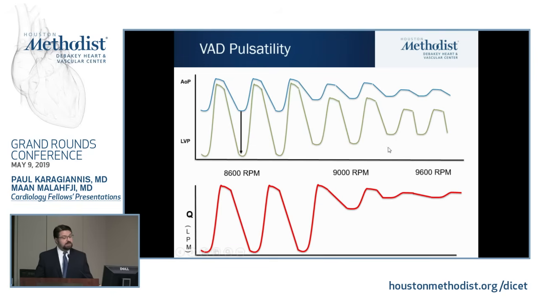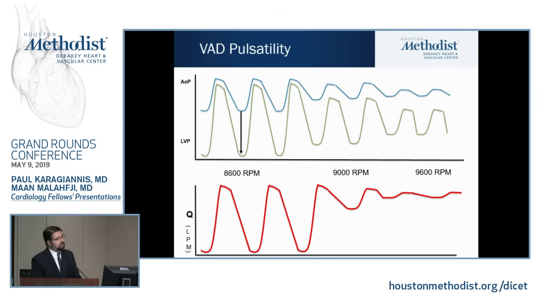And this is what happens to the LV pressure waveform as you increase the RPM. As you ramp up the RPM, you get a decoupling of the LV pressure and the aortic pressure. The LV amplitude, or the LV pressure magnitude, drops. The diastolic pressure rises somewhat, and